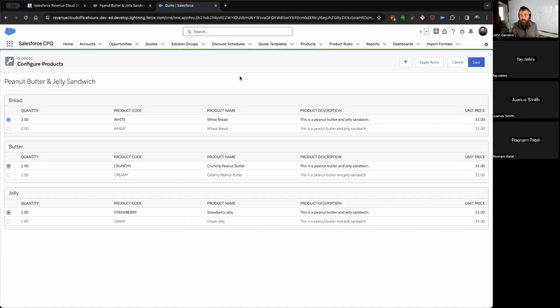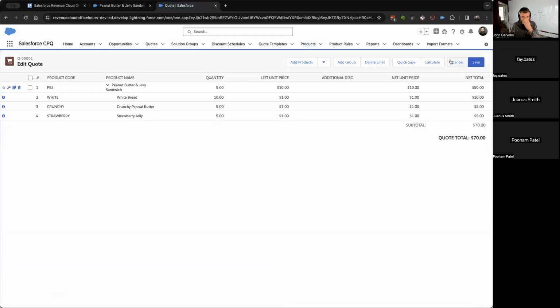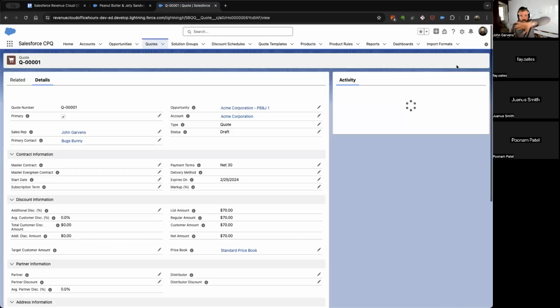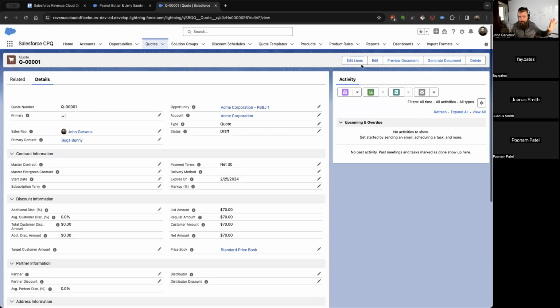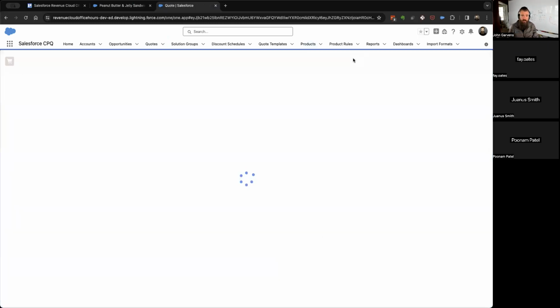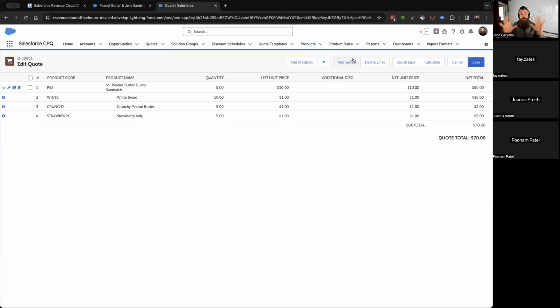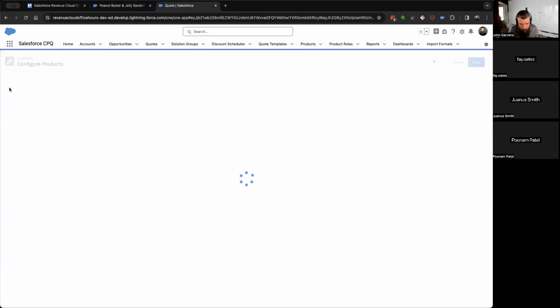Now, let's see how that has changed things in CPQ. I'm going to exit all the way out of the quote, edit my lines, because I want all of this to reload. That's why I fully leave the quote line editor and go back in. If you're having issues where I made this change and it's not taking effect, when in doubt, go all the way out and then go back in. Now when I reconfigure,